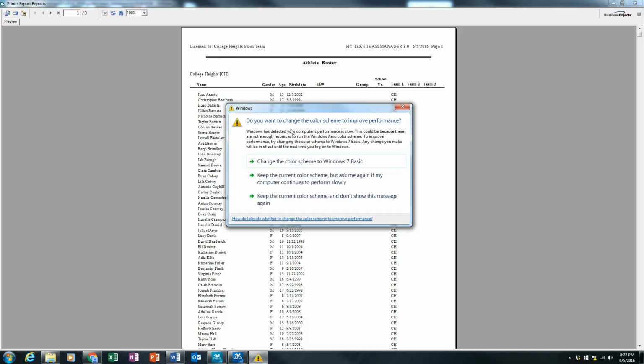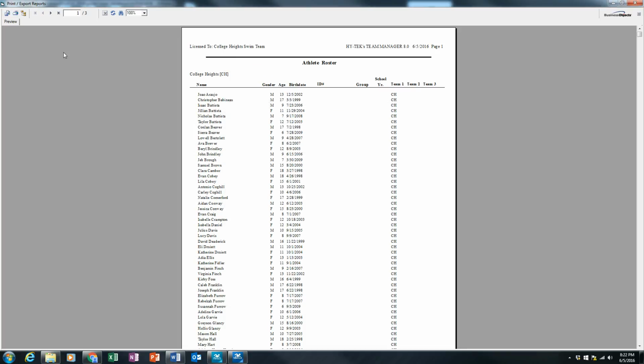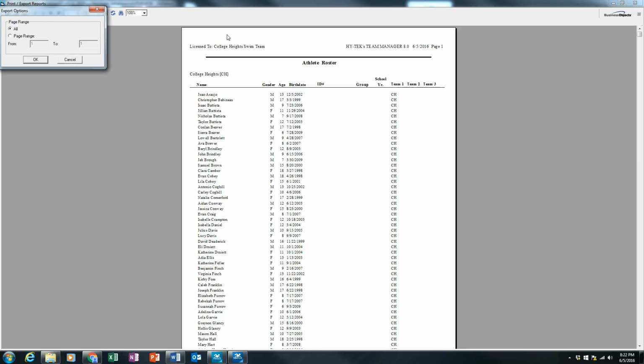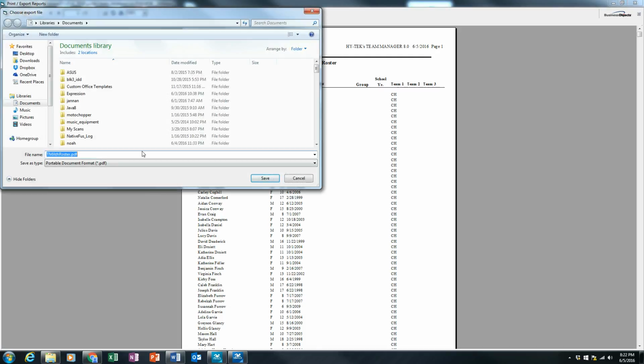And finally, in order to get this printout to the RSL, you're going to want to actually do an export. So we'll do this little button at the top left. This is the print button like normal, but this is an export. You want to export it to a PDF file. Sometimes people get another dialog box about no email program available, and you can ignore that and just click through and hit OK. And then finally, it's going to ask us where we want to save this,